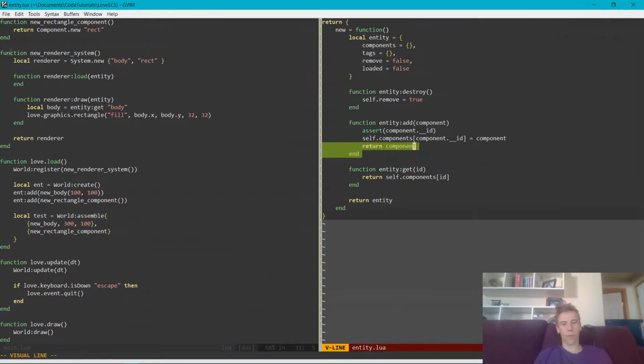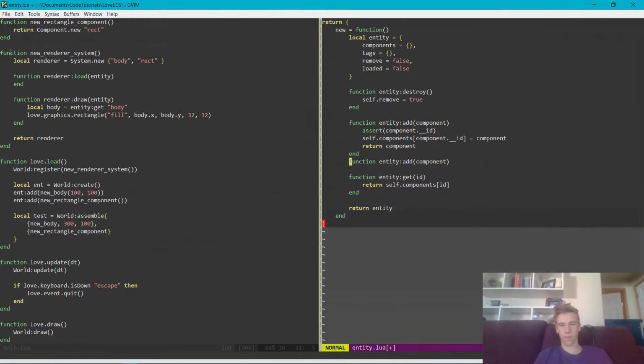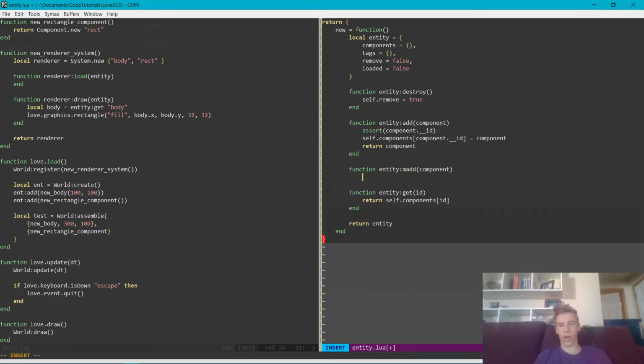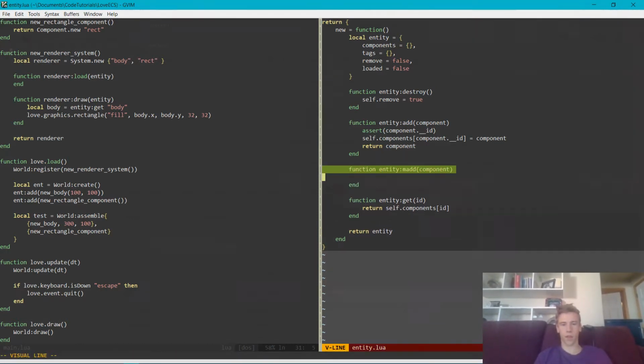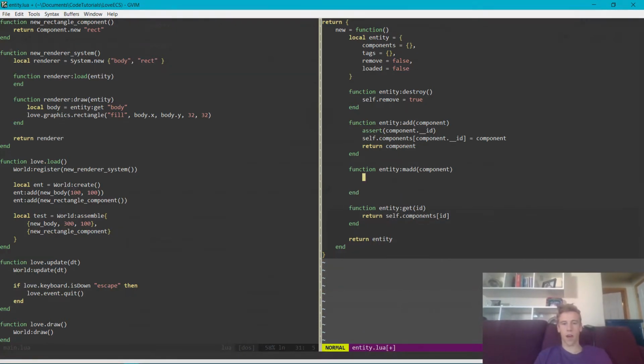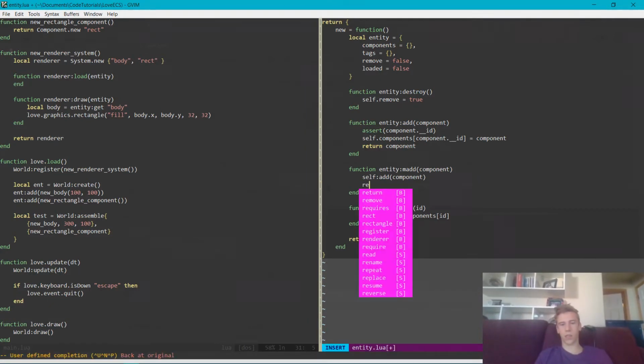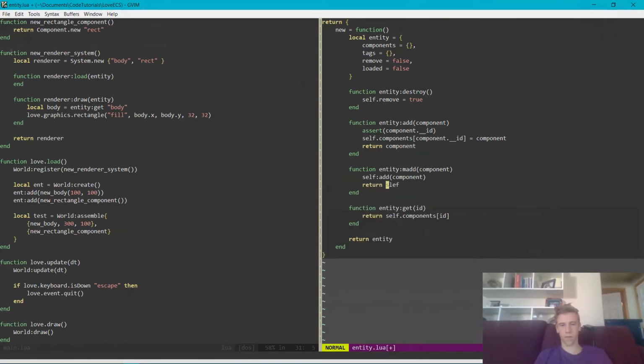Now that's useful and all that, but we're also, as another convenience thing, actually, I'm just going to copy this. We're going to add a new function and call it add or madd. That stands for multiple add. And what we're going to do is say self add component. And now instead of returning the component, we're going to say return self. If I can even spell it. So now what that does is we can go over here, we can say madd, and now we can